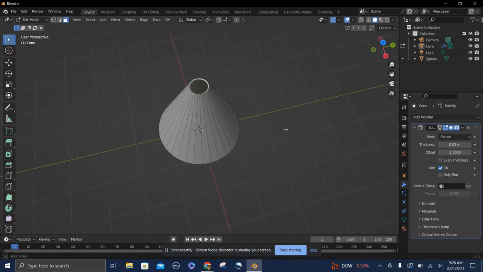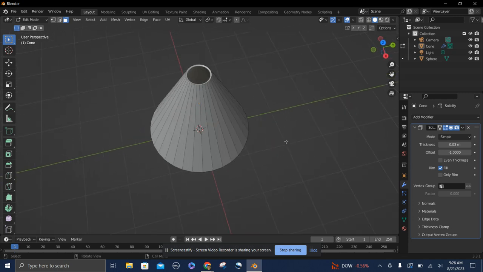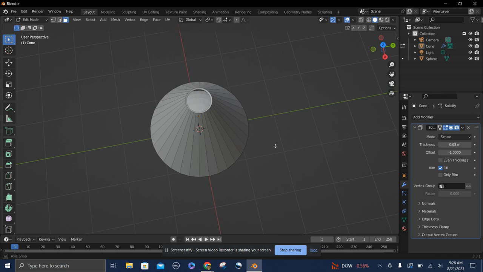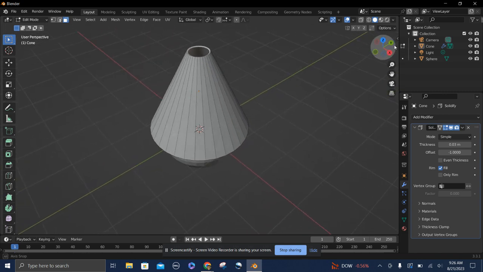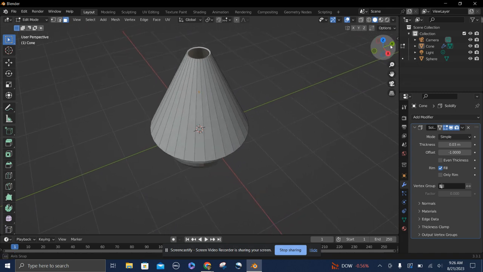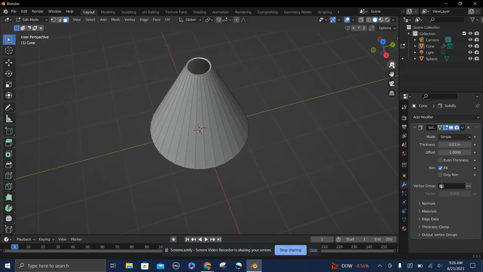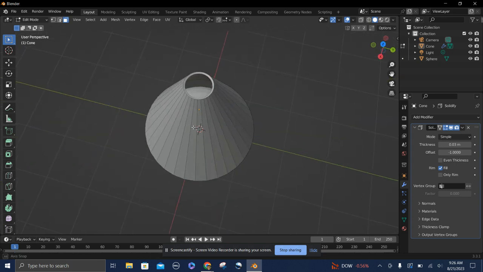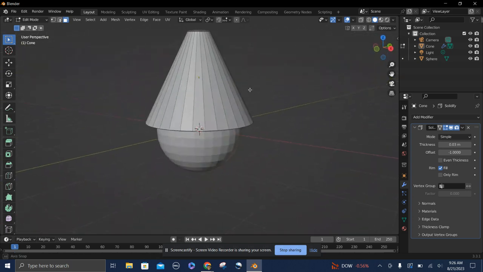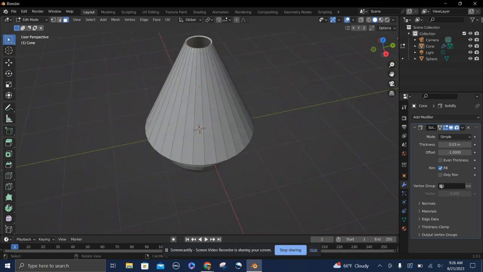Again, remember, using the little scroller, you can go up and down. If you hold it, you can rotate, or you can rotate using this. You would click and drag, or zoom by clicking and dragging that way. So now we have our